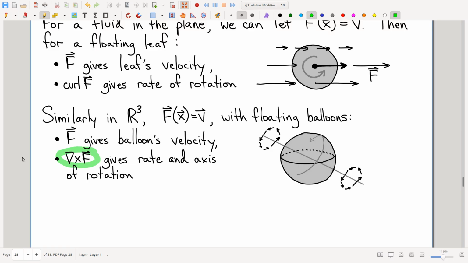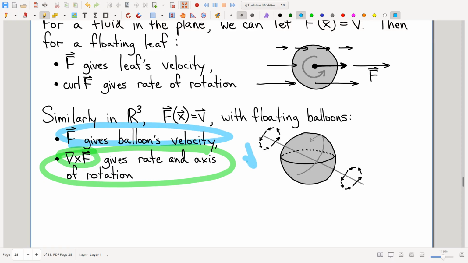It's one of these things. The word curl means something in 2 dimensions, and it means something similar in some ways but different in some ways in 3 dimensions. Anyway, curl again is telling you about the implicit rotation,